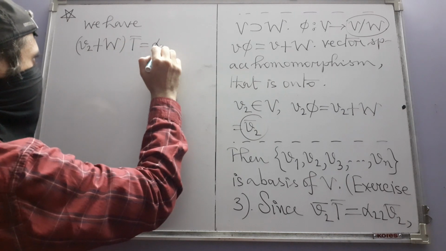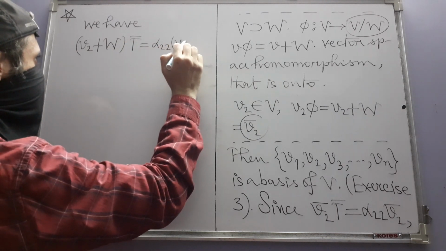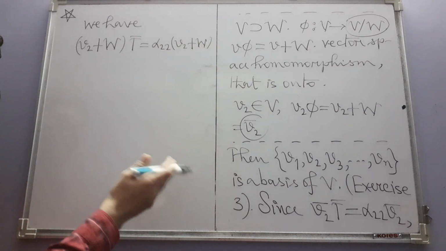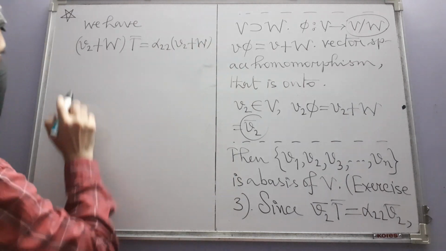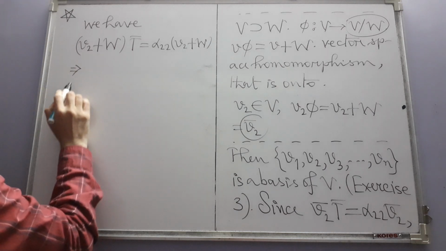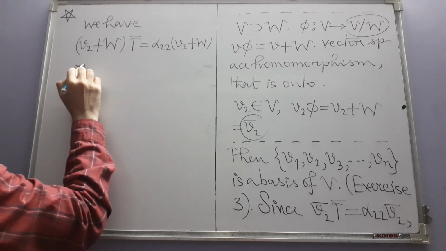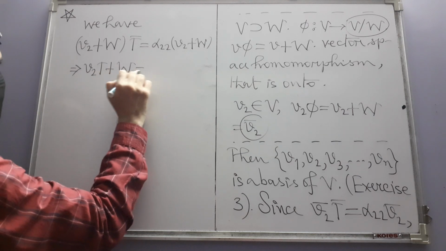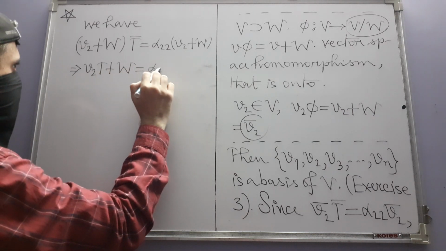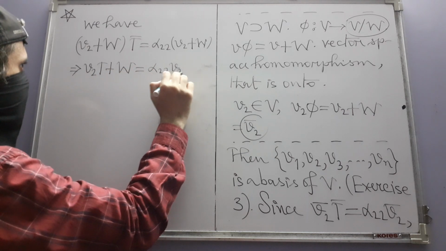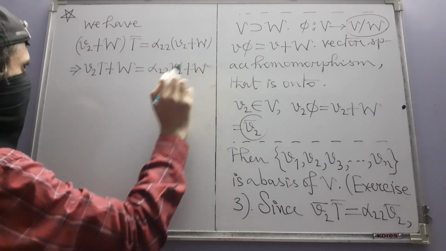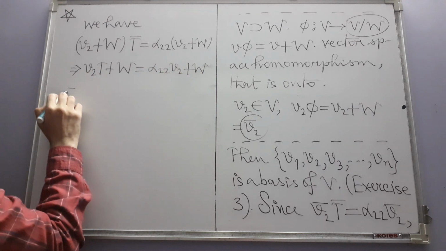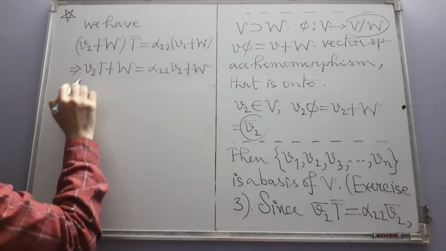Is equal to alpha 2 times V2 plus W. This is the real meaning of that equation. Now if you apply the definition of T bar, this becomes V2T plus W, and here doing the scalar multiplication, from the definition of scalar multiplication, you get this. And this in turn implies